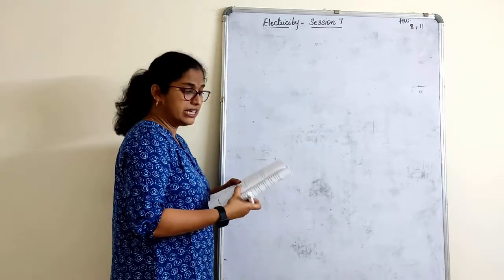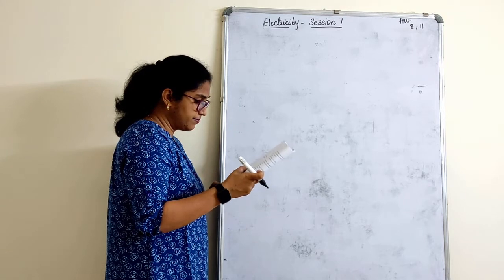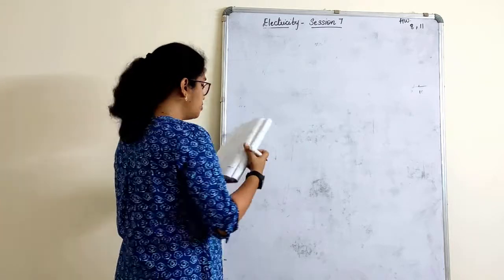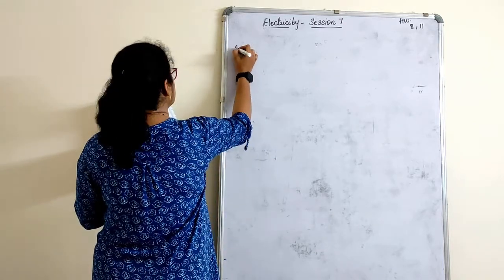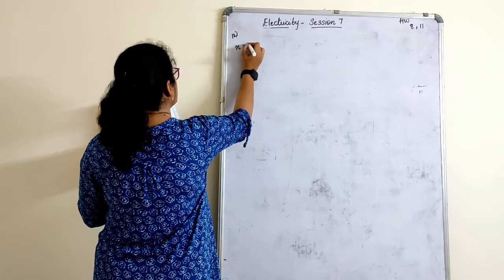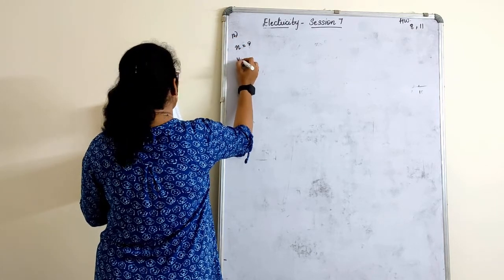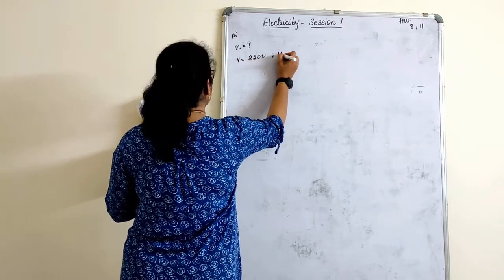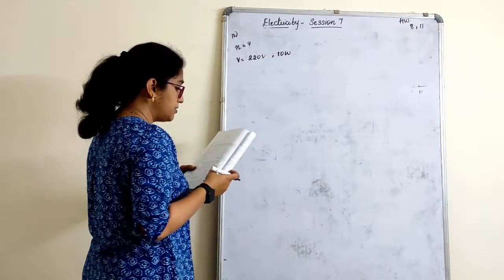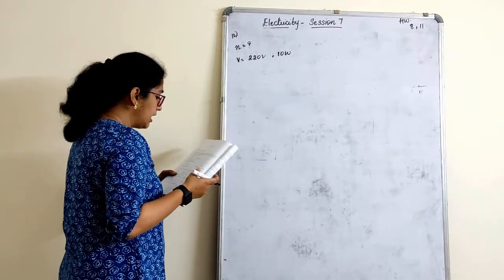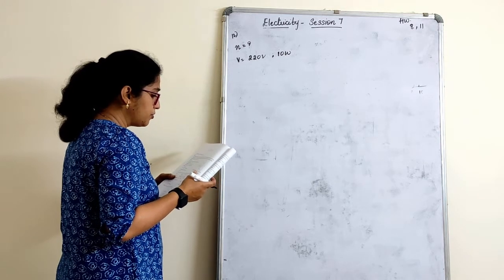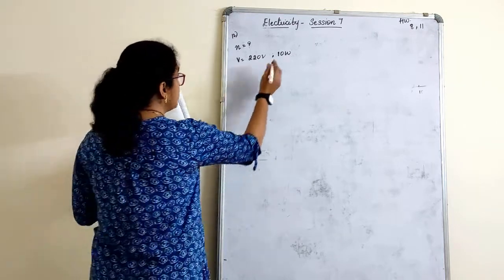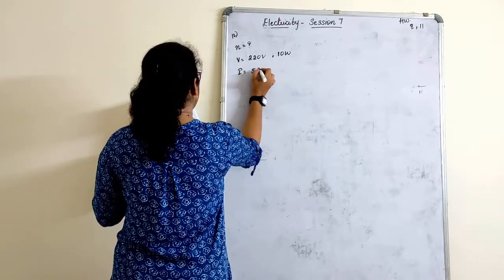Next, it's again a similar type of question. Several electric bulbs, how many we don't know, are designed to be used on a 220 volt line, on a supply which is rated at 10 watt. Don't get confused with this watt here, it's only given for information. How many lamps are to be connected in parallel across 2 wires of a 220 volt line if the maximum allowable current is 5 amperes?